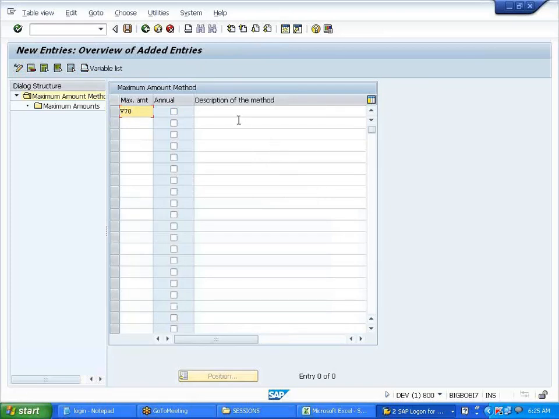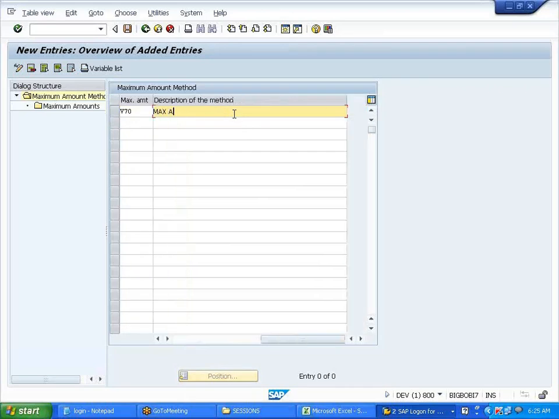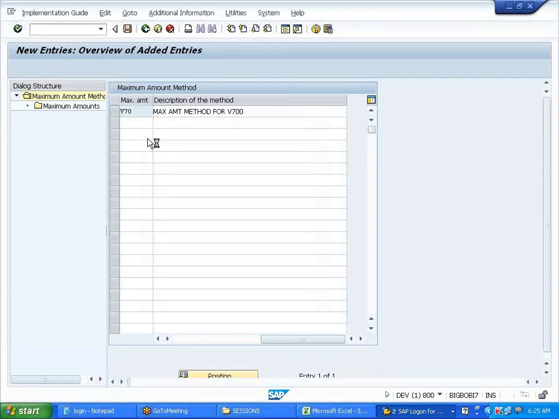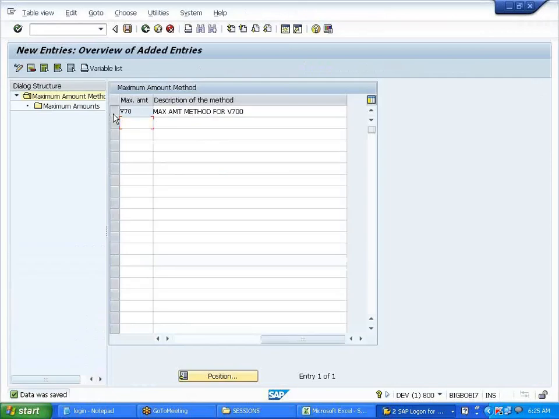New entries. V70. Here I'll say maximum amount method for V700. Save it. This is like a tolerance.